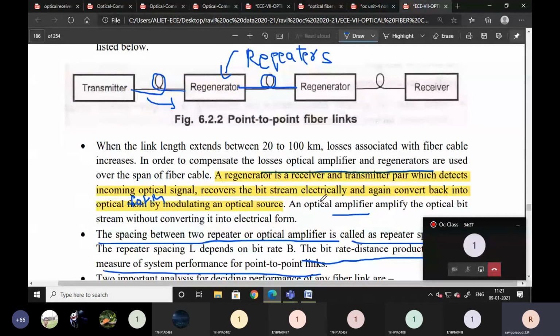So what is the regenerator? If the distance increases, for example from 20 to 100 kilometers, there is a loss. So to avoid that loss, we are going to use regenerators and amplifiers to